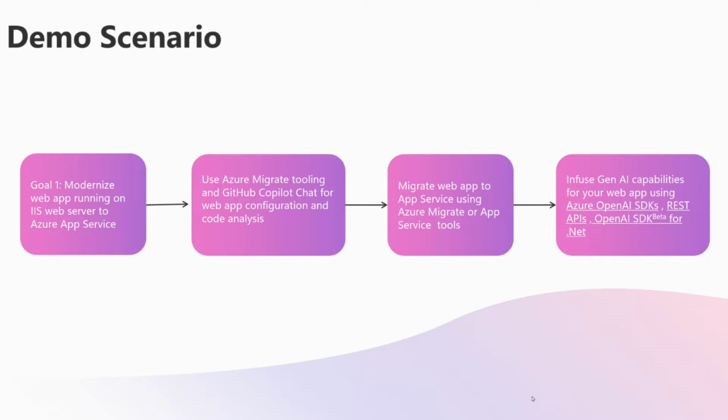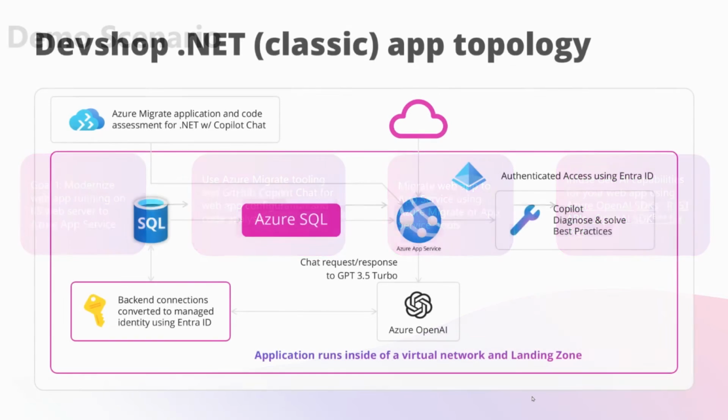Then, how do I actually migrate my web applications with code and configuration over to App Service? And finally, how do I infuse generative AI capabilities using one of the options available to me for an existing ASP.NET Framework application? And before I jump into the actual demo, here is a quick topology of the demo application